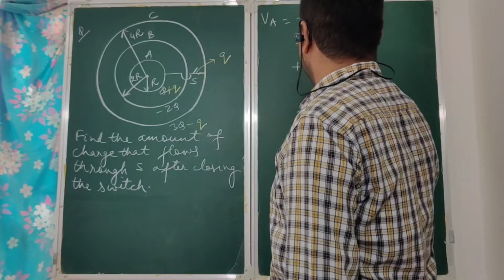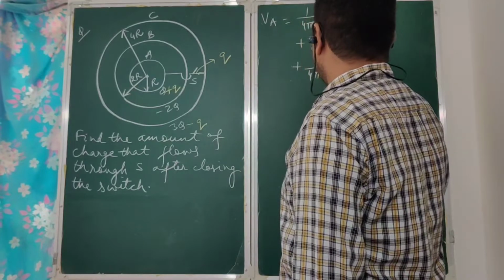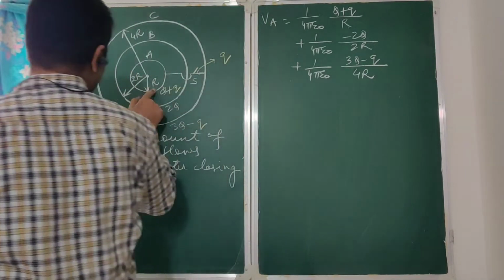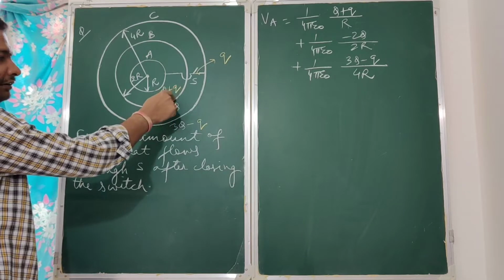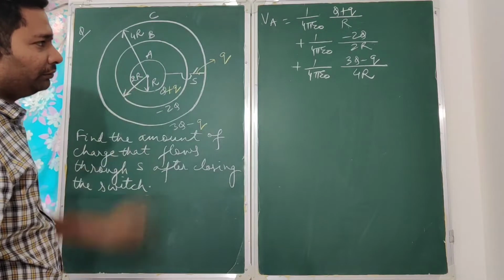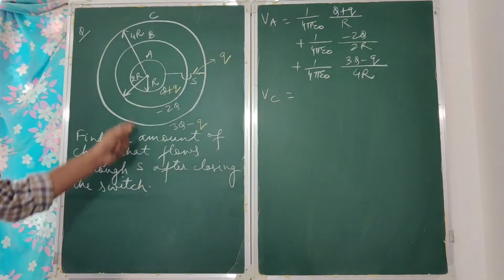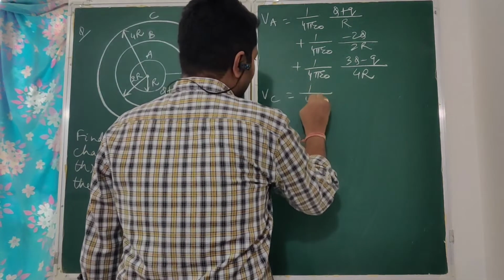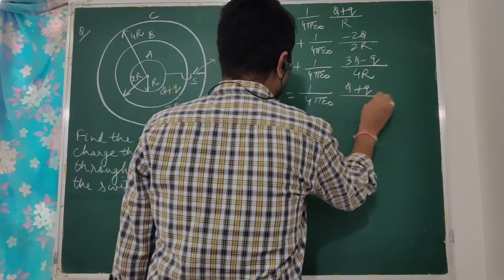And then the outer one, 1 by 4 pi epsilon naught, (3Q minus q) by 4r. Because this point is lying internal to the outermost as well as to the middle one, whatever is the potential created at those surfaces, the same potential will continue inside. What about the potential created at the surface of C? Now C is external to A and B. So 1 by 4 pi epsilon naught (Q plus q) by 4r